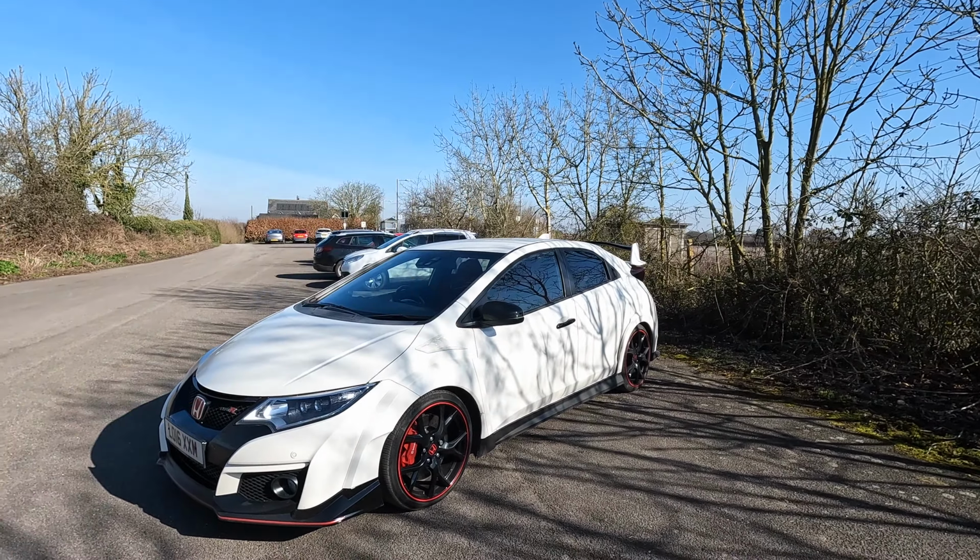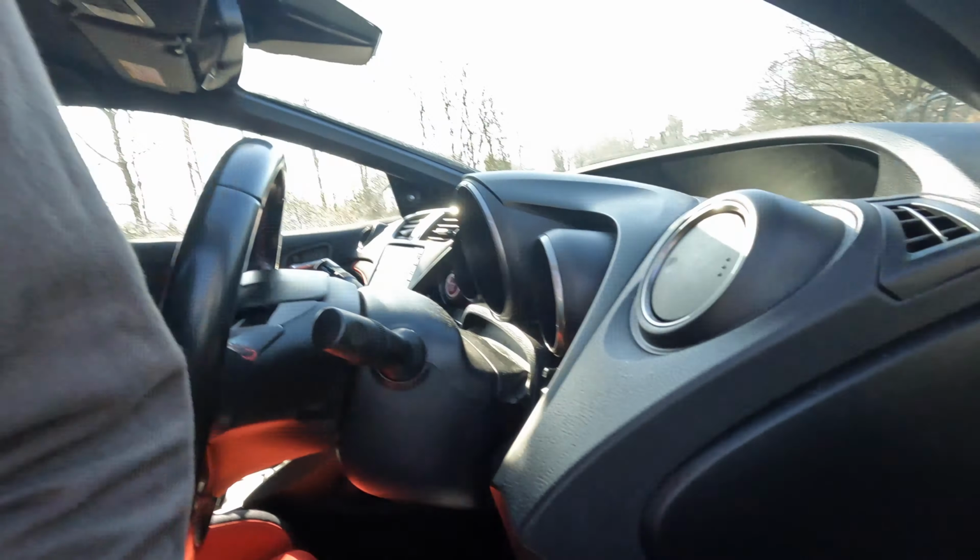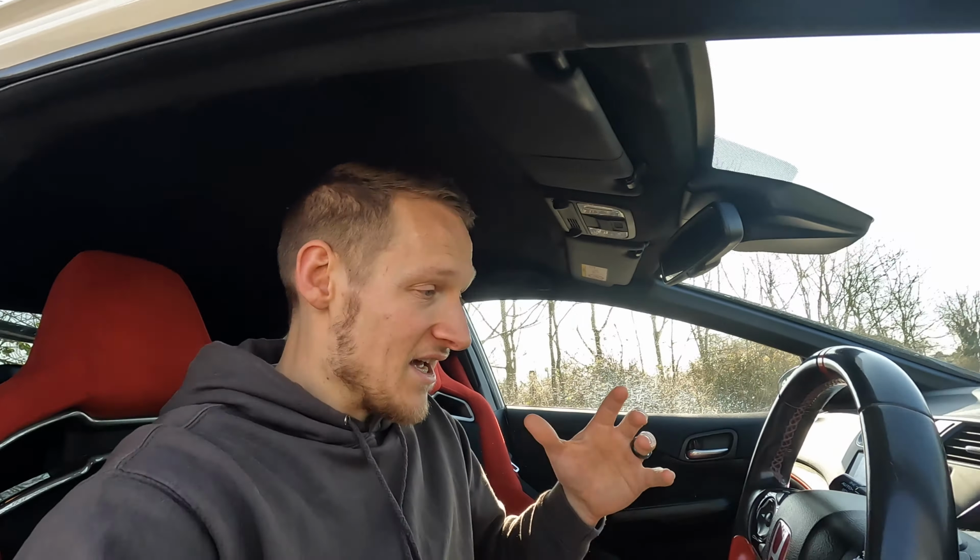Now, if we hop on the inside of this car, as you can see so far, these seats are absolutely amazing. Trust me, these seats are one of the comfiest, if not the comfiest seats in a stock car that I've ever been in. When you get in, it's just a comfy place to be. You've got all your mod cons on here that you want. If we turn the engine on,